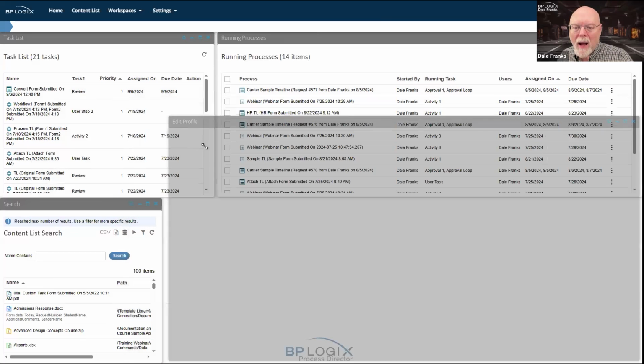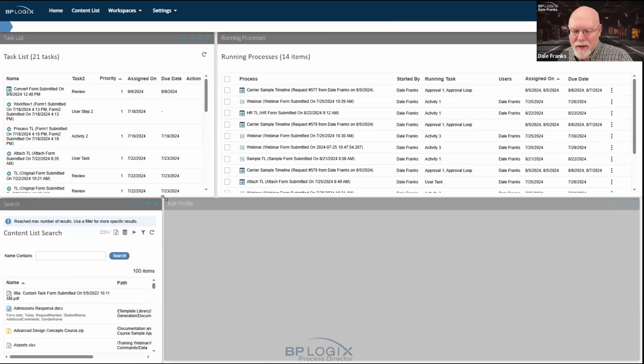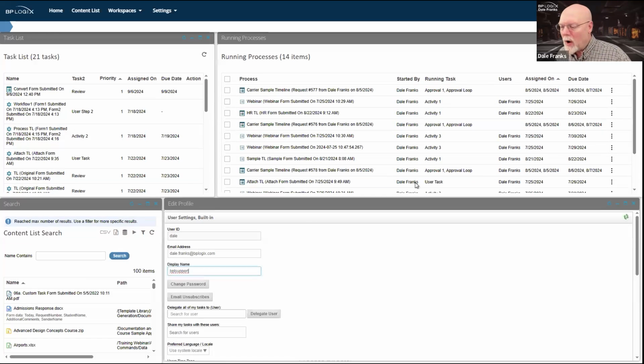Now, I'm limited with this type of workspace in what I can access. I can only access items that are part of the navigation bar. As you can see, for whatever reason, I don't appear to have anything configured in the navigation bar. So the number of items I can open is really small, just the predefined items and my user profile.